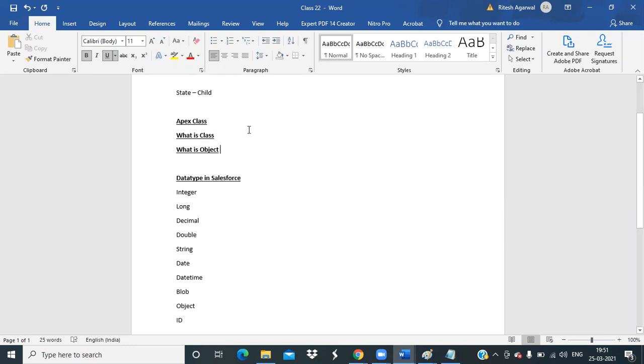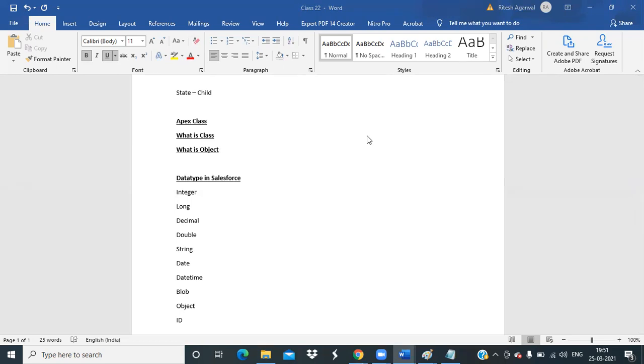Any entity, anything which is in the world, we can say is an object. In classes, we have certain methods which can do certain operations, and by using objects and references, we can use those methods by calling that class's methods.